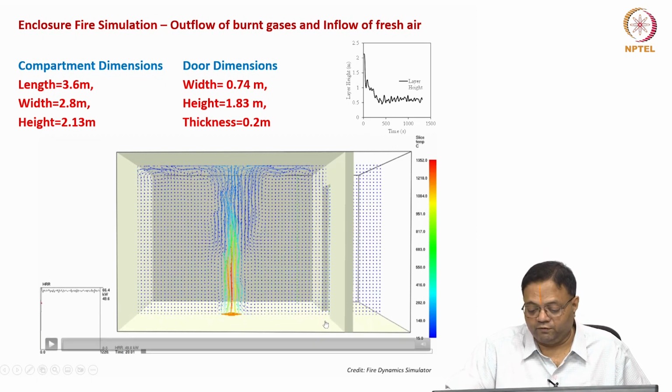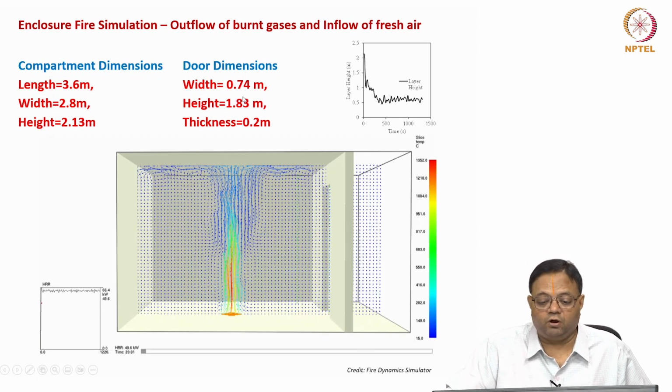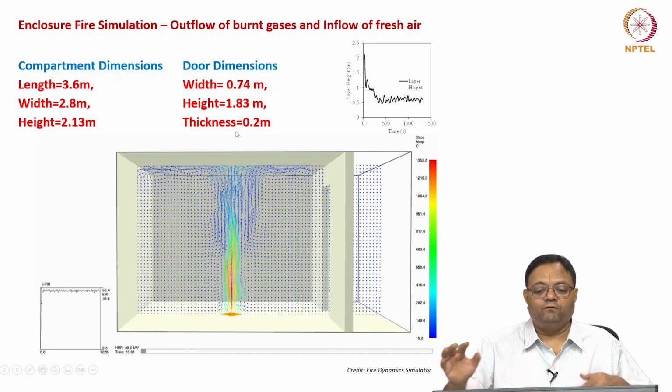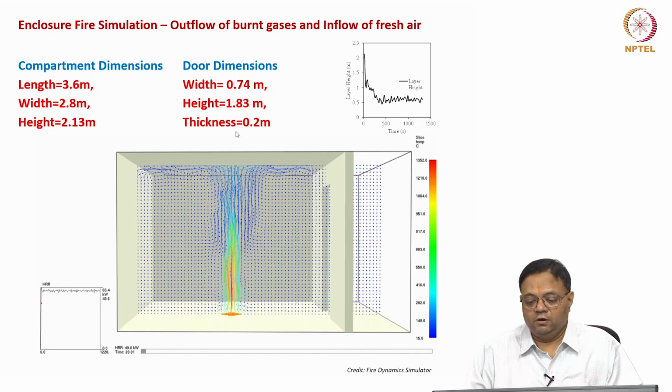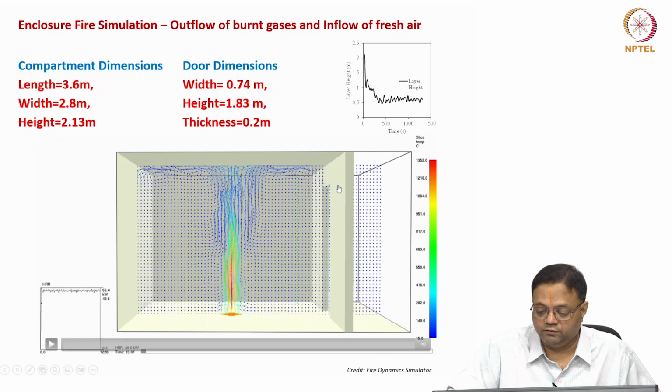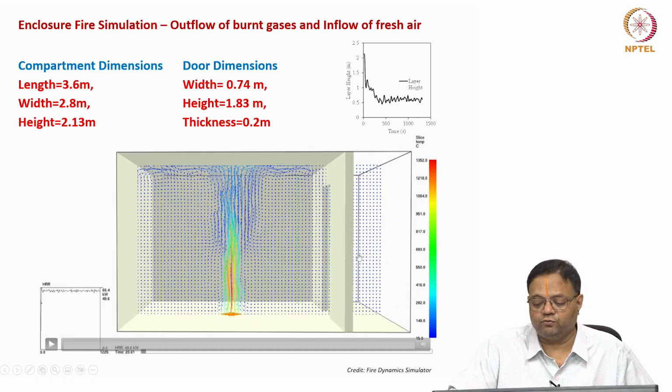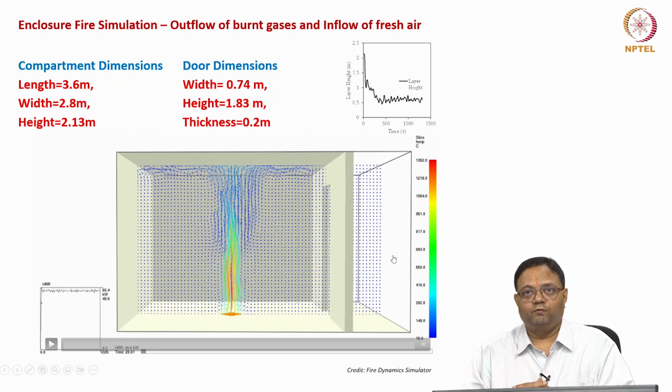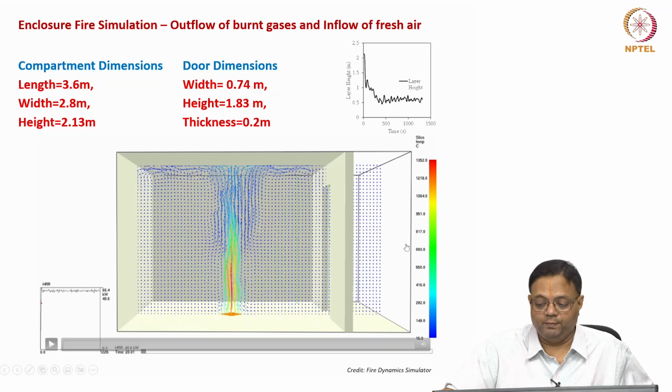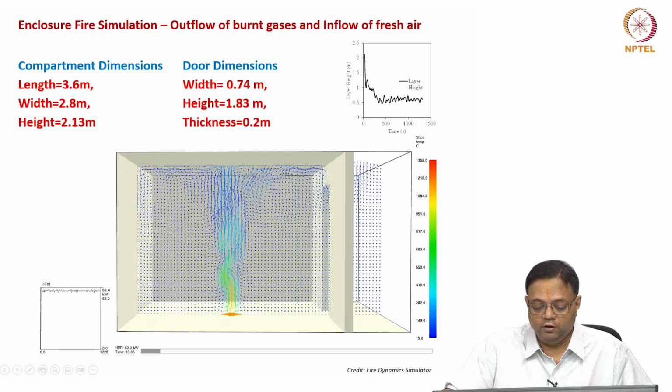The door or the vent has the dimensions of width 0.74 meter, height 1.83 and thickness 0.2. Here what we are trying to analyze is how the smoke tries to go out in the upper part of this opening, this door, which is open, and air comes in from the lower part, and there will be a formation of a neutral plane in between these two where delta P equals 0. So when I play this video, you can see that